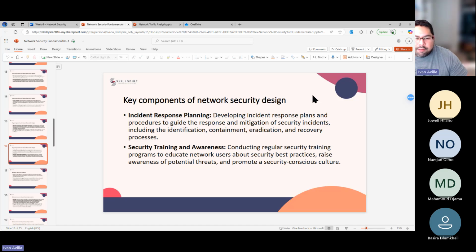Incident response planning. So the previous slide we were talking about monitoring alerts that come in, and you want to have a plan for what you want to do when those alerts come in. If you're seeing high traffic from a certain IP, maybe your plan is going to say, well, we're just going to block anything from this IP space, or